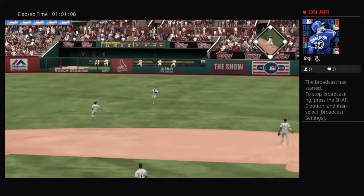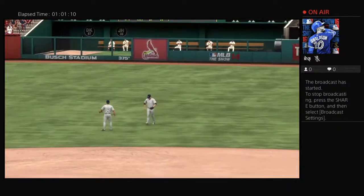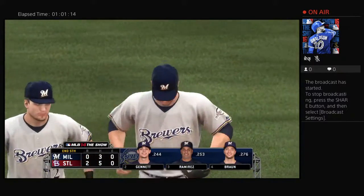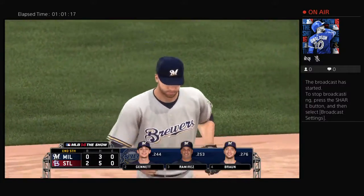And here's a ball hit in the air. Braun is there, and he puts this one away for the 3rd out. So a great job there of working out of potential trouble. Cards leave 1. They're up